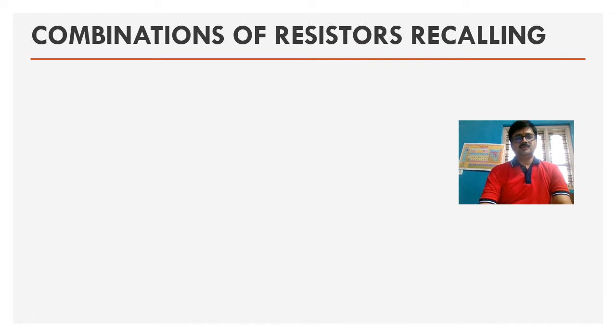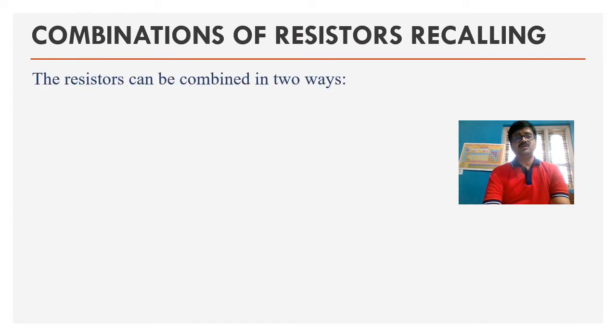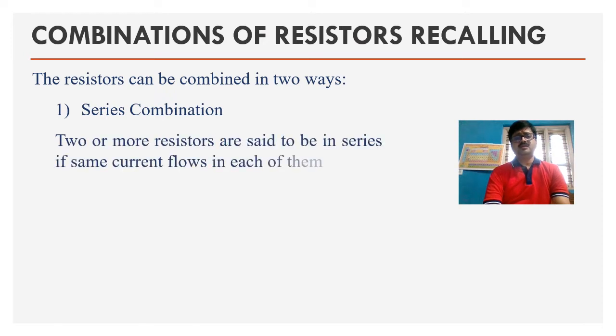Now here, initially I would like you to recall some of the things that we discussed last session, the fifth session. I would like to make you recall the types of combinations. The series combination was the first one that we had discussed. Series combination has been defined as the combination in which the current flowing through each of the resistors will be the same. And this is the diagram that we had taken a look at last session.